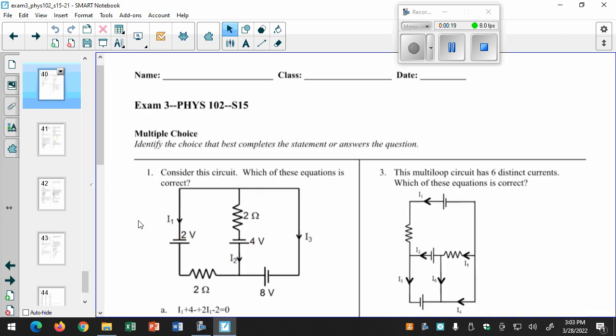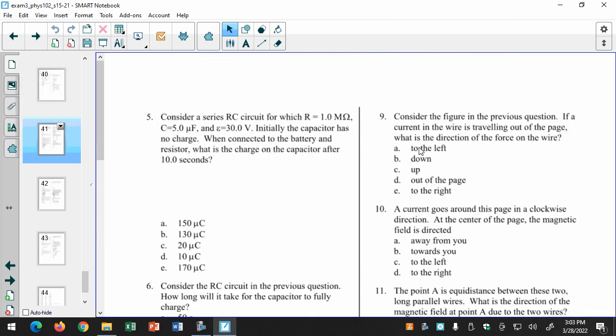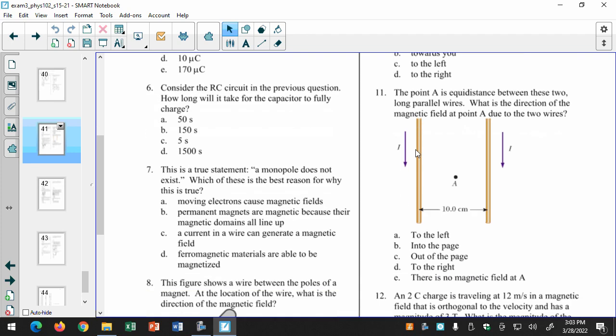Okay, so this is spring 15, number 11. Somebody wanted me to do one like that. Oh yeah,